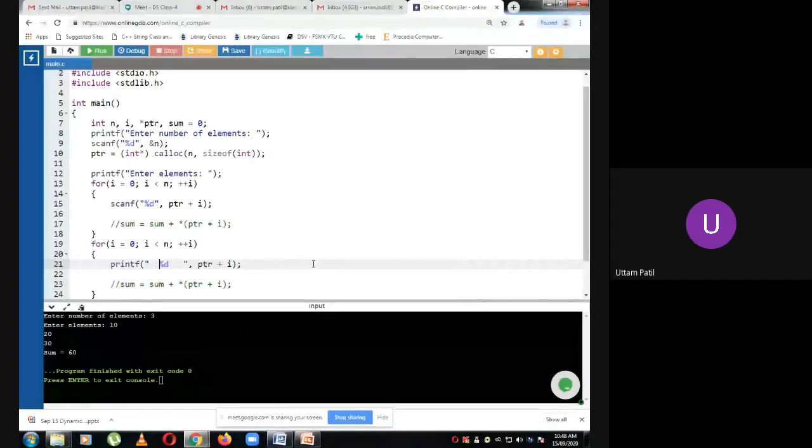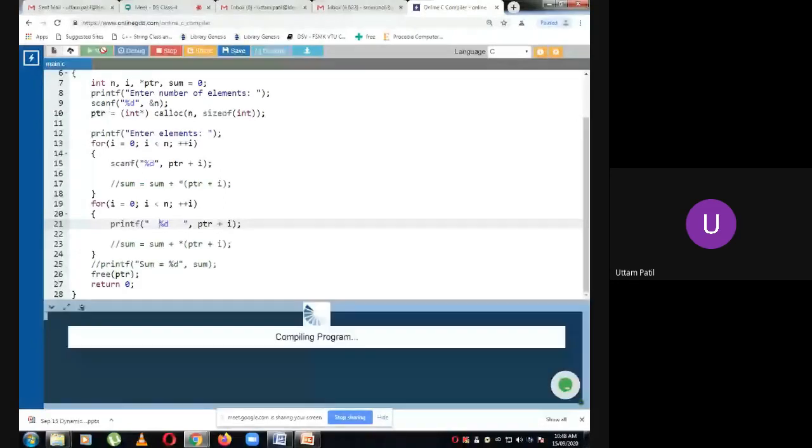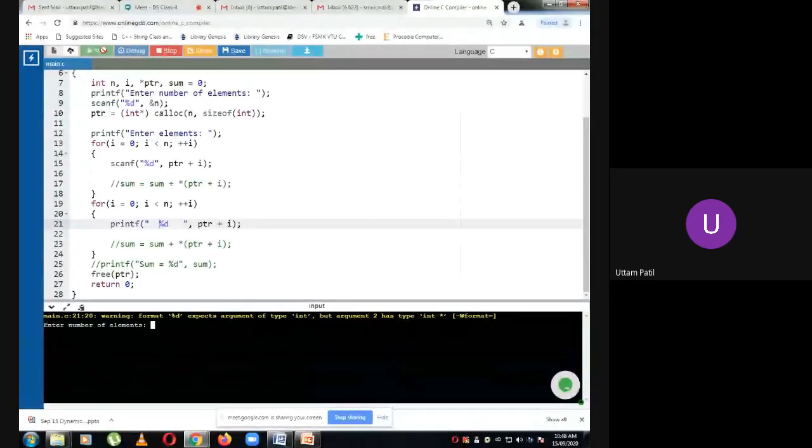I'm just reading the elements and printing the elements of the array. So I enter the elements 1. Oh, sorry. I have to enter the number of elements. Value at ptr of i.